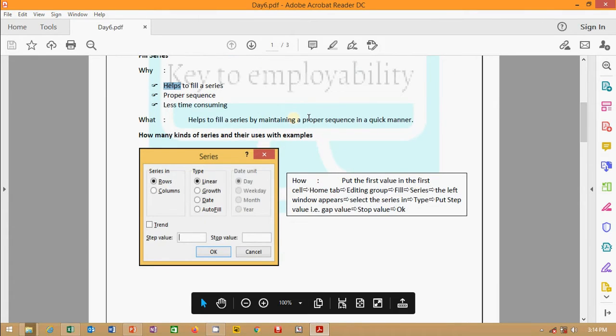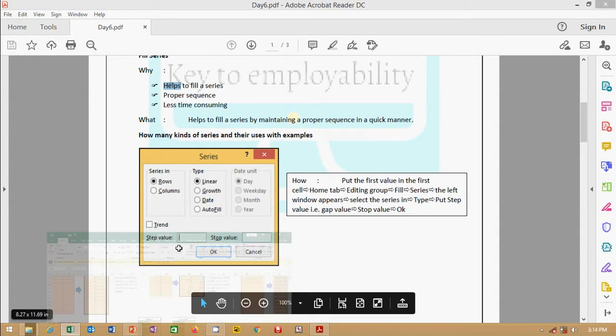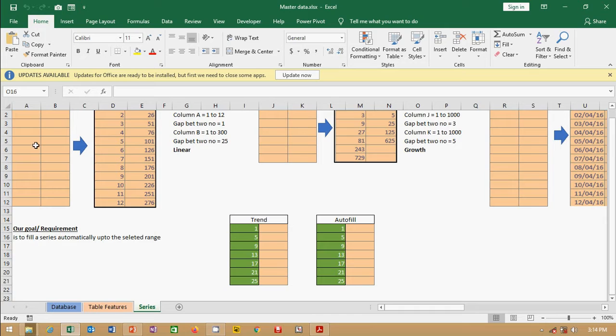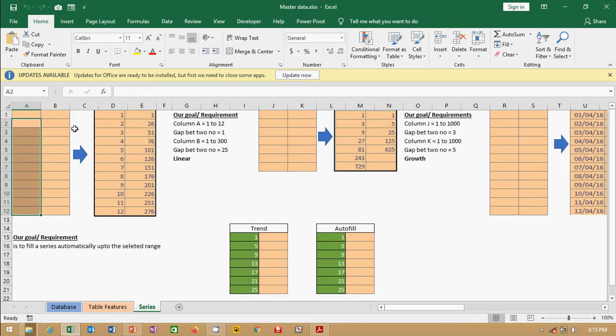What is my requirement? Let me come to my Excel. Say for example, I need to fill this series, we can fill the cells from here to here, 1 to 12, with a gap of 1. Then column B, 1 to 300.